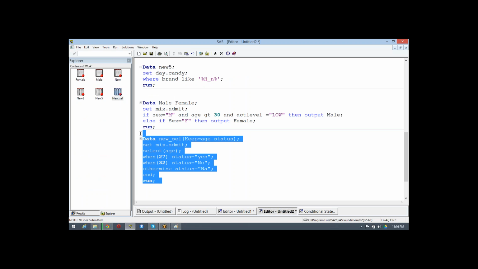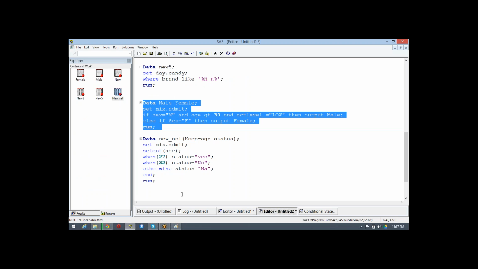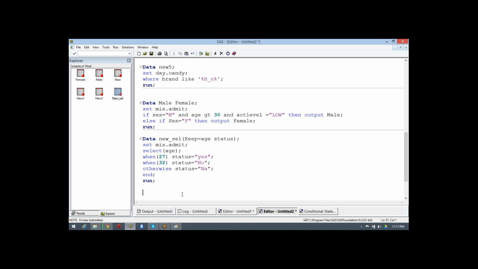So this select query will work faster than your if query, again, because whenever your when expression is executed, control skips to the end of the select group, and if the comparison is false, the next when expression is compared to the select expression. So this will be much faster than the previous query which you ran by if. So here we are using the same condition. Here you cannot use multiple conditions. Here you can use only one condition for one column itself.